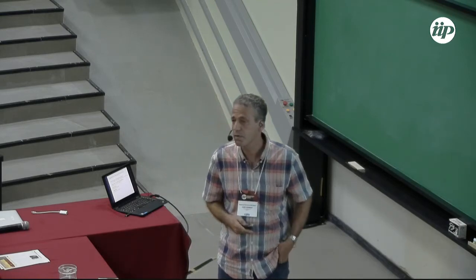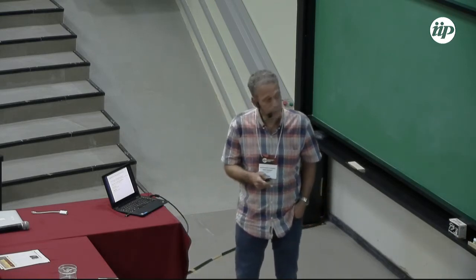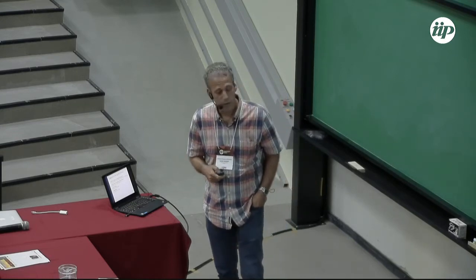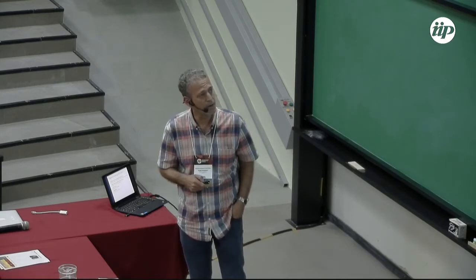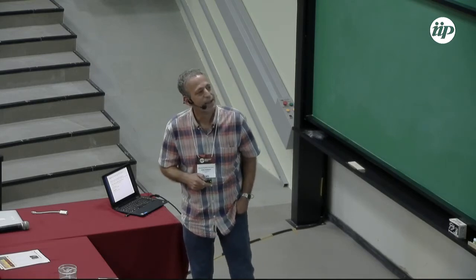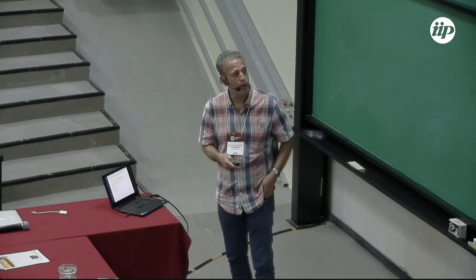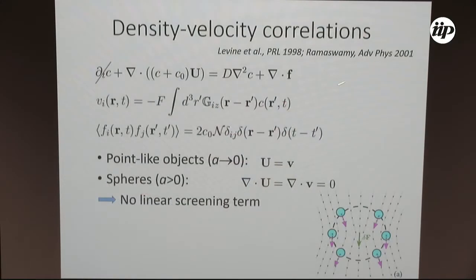So there are all kinds of mechanisms that have been suggested, and I'm going to focus on this one, which is coming from fluctuating hydrodynamics. It's the paper, and Robin is one of the authors here. So I'm going to present this approach very briefly. It's fluctuating hydrodynamics. So you have an advection diffusion equation. C is the fluctuation in density. F are some random fluxes, and this is an advective term. U is the fluctuation in velocity.